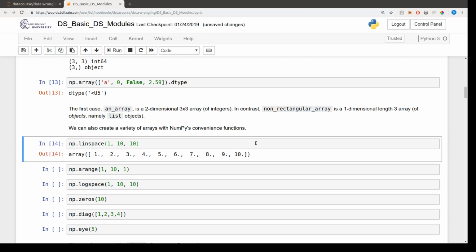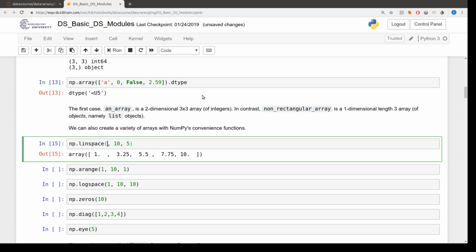So we can get linearly spaced points between some starting number and ending number, and we will get as many points as we ask for. So if I want 5 evenly spaced numbers between 1 and 10, I get that. 1, 3.25, 5.5, 7.75, 10. This might be a little bit different than you would have expected,